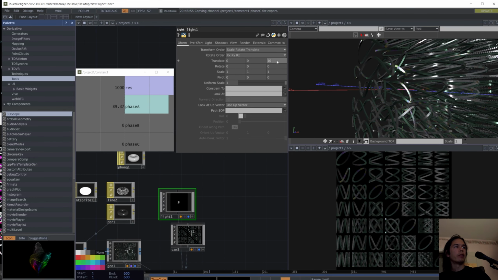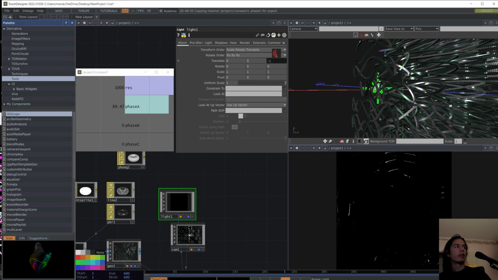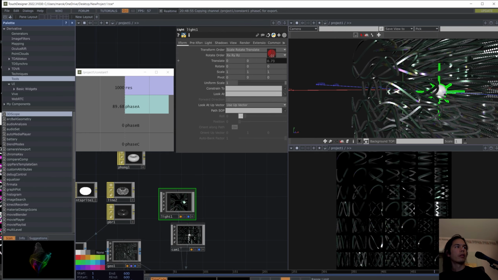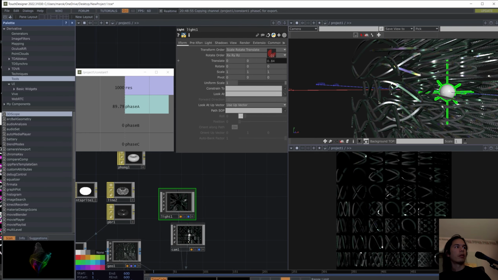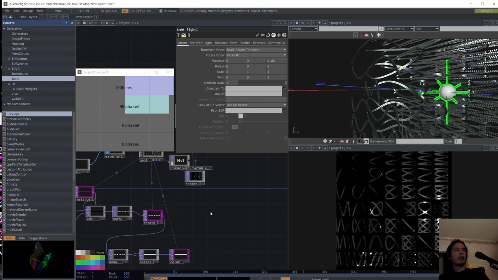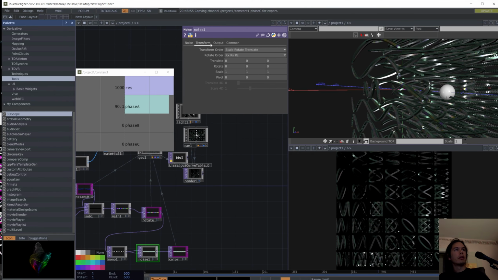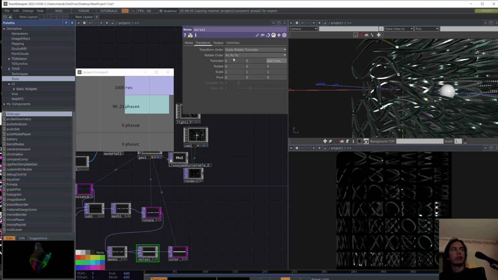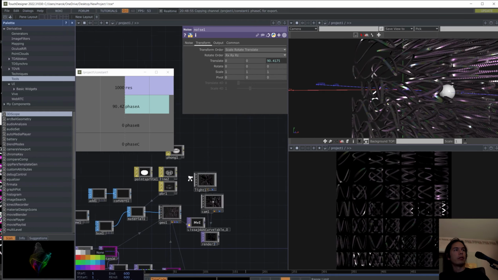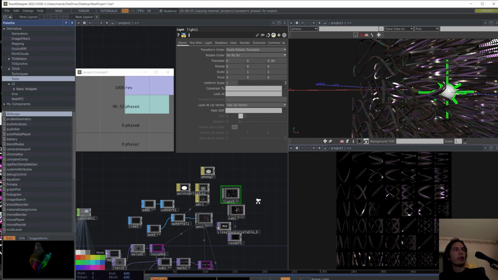And we can move our light closer to the object. Then we can modulate the color through the Z dimension. And we can either move our lights